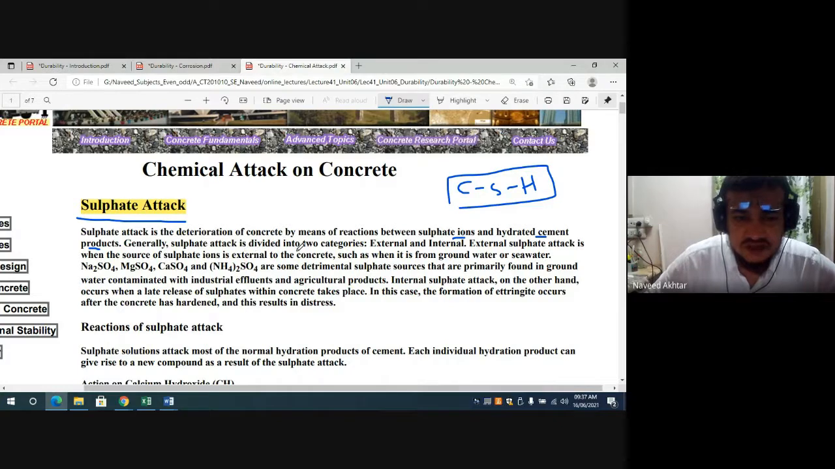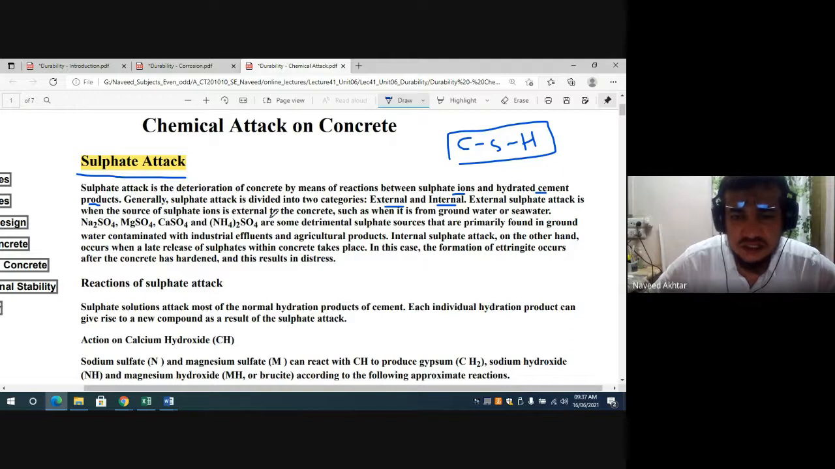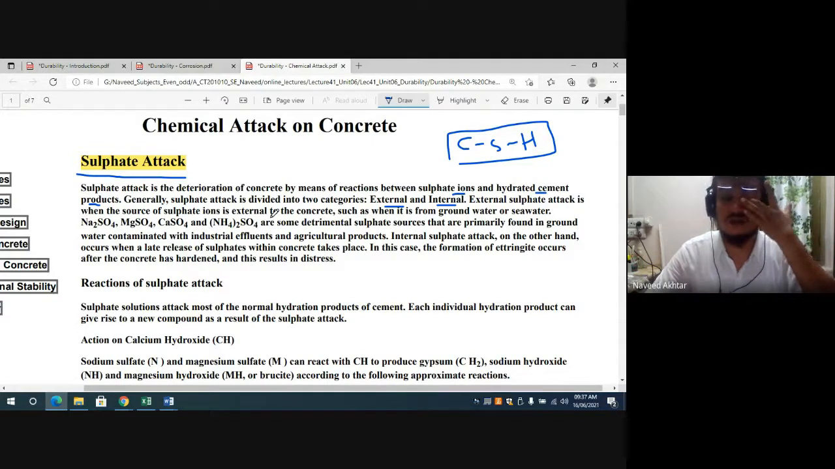So sulfate attack is divided into two categories: external and internal sulfate attack. External sulfate attack is when the source of sulfate ion is external to the concrete, such as when it is from groundwater or seawater. So when the sulfate from the groundwater, seawater or soil attacks the concrete, that is the external sulfate attack. Sulfate in the form of sodium, magnesium and calcium sulfates you can see here: Na2SO4, MgSO4, CaSO4 and